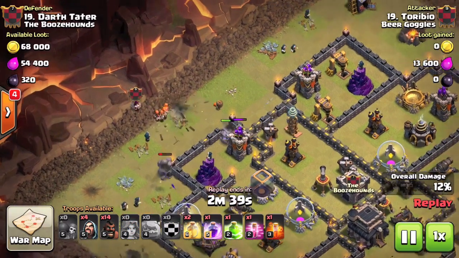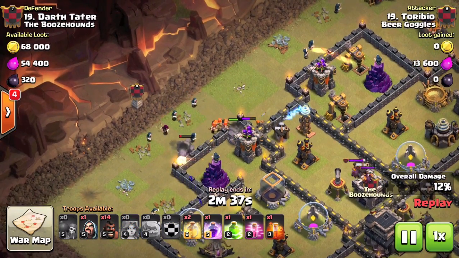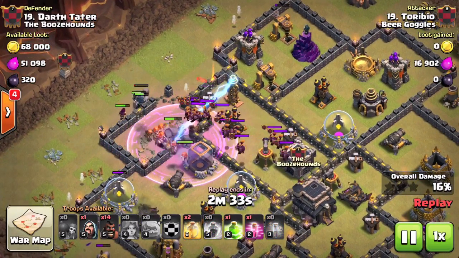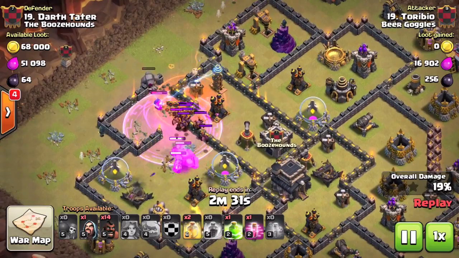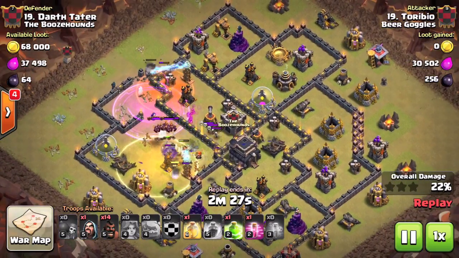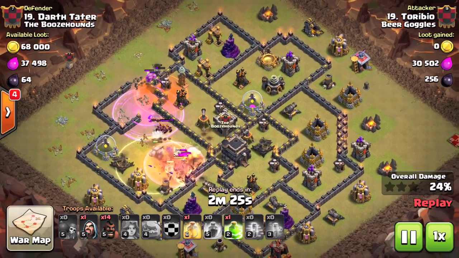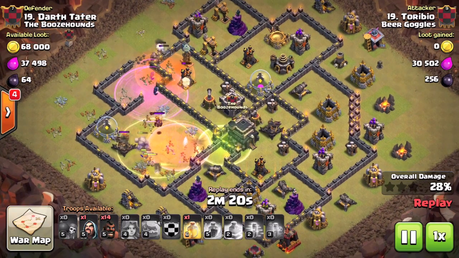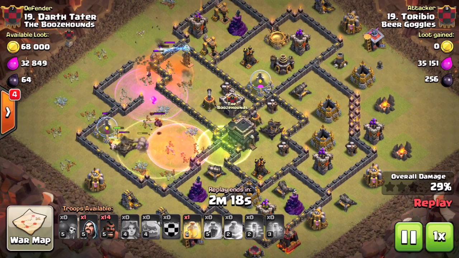The barracks was a nice building there for them to lock onto before they run into this compartment. Out come the defending clan castle minions, so we're using a rage spell to push the Valkyries ahead of them, poison spell in order to try and take them down, and then a heal spell as well to try and keep the Valkyries up. A jump spell is then used to access the compartment with the town hall, and also